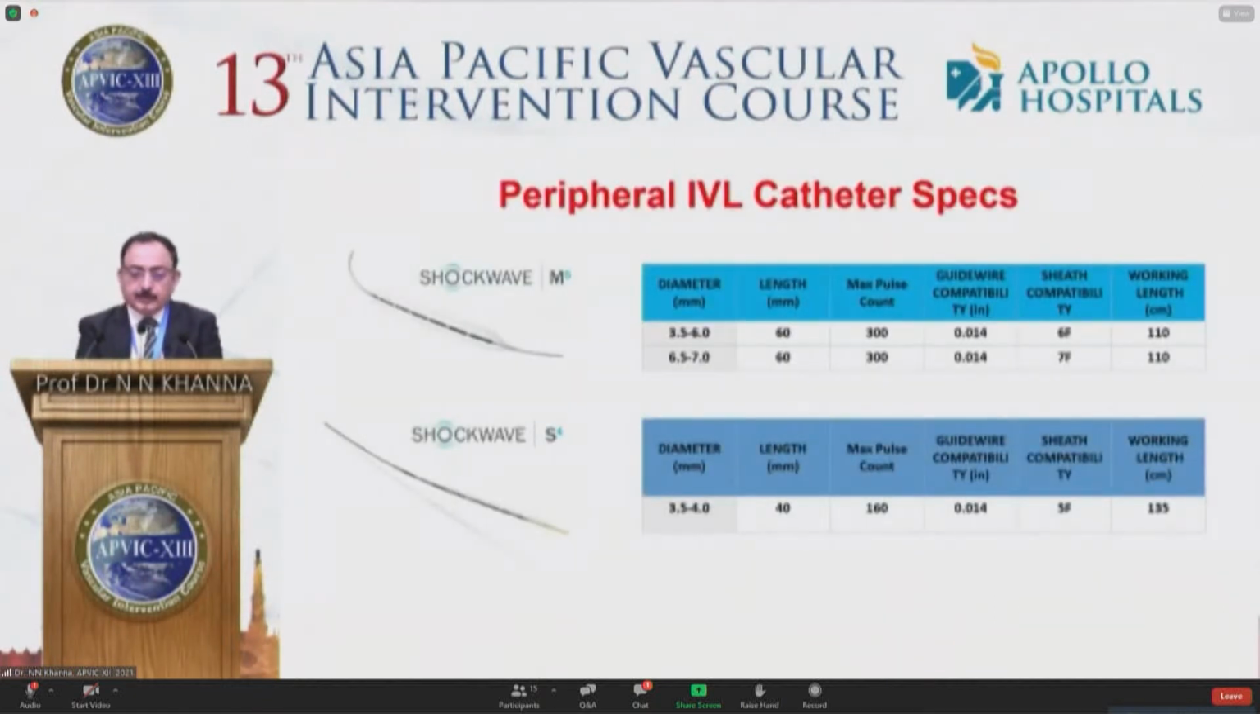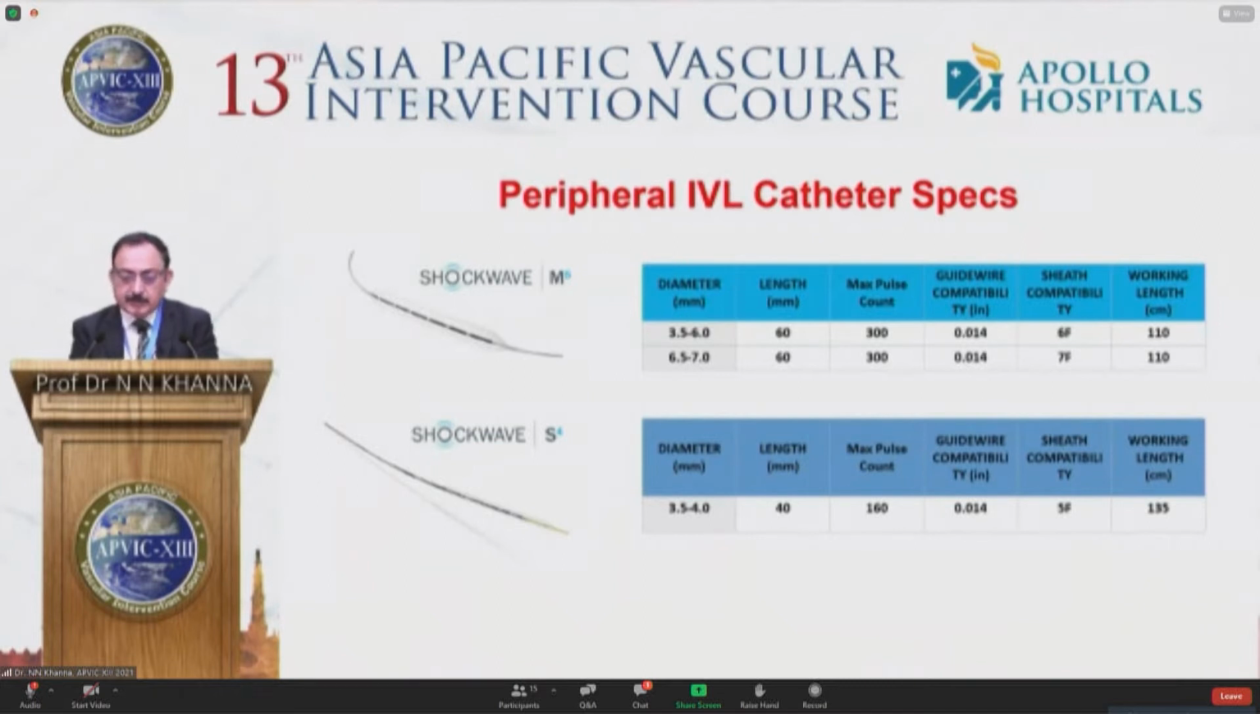Now, we have 2 sets of catheters for use in peripheral arteries. I'm not talking of coronaries. For peripheral arteries, we have a set of catheters which is used basically for below-knee lesions. That comes in 3.5 to 4 millimeter in diameter. And for popliteal, we have diameters from 3.5 to 6. And for iliacs, we have diameters from 6.5 to 7. The lengths of catheter which we have, I'm talking of the